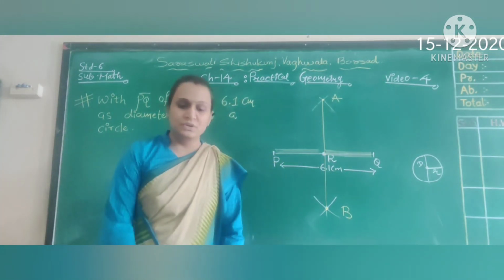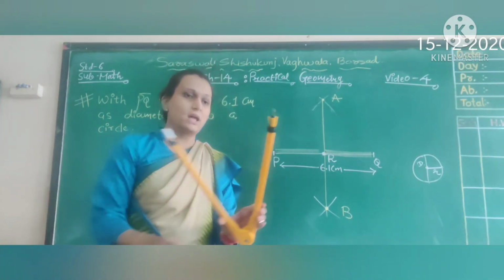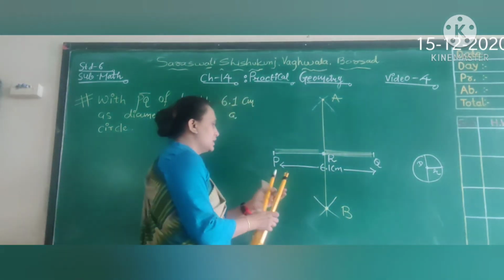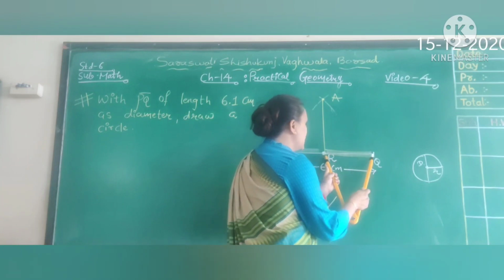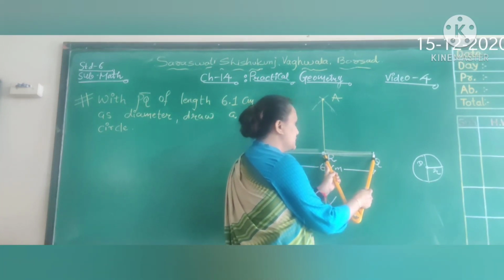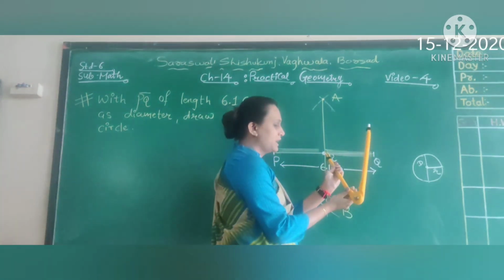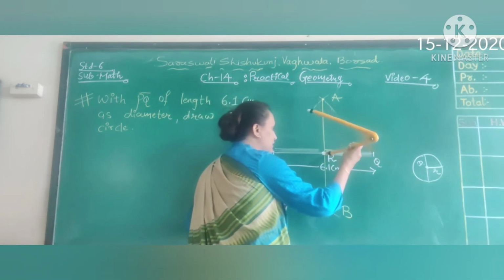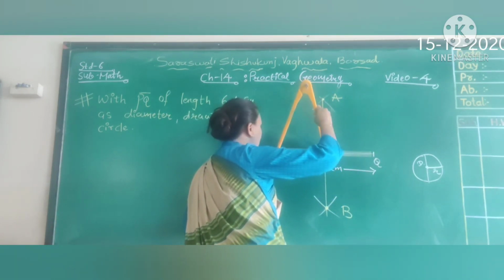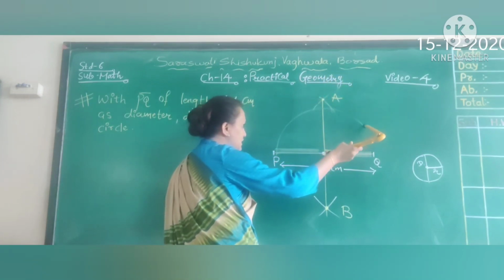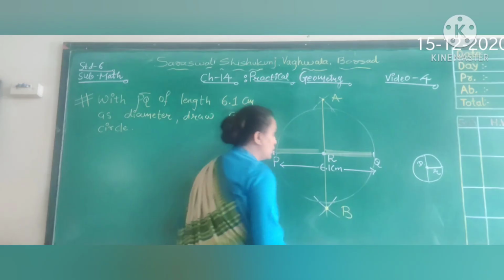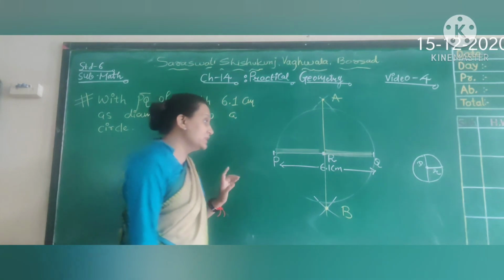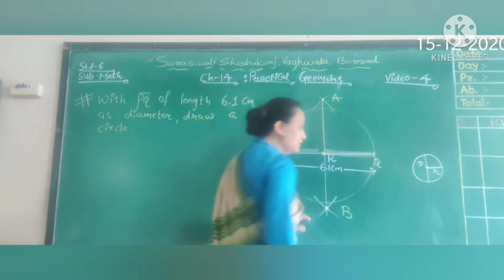Both measurements are equal. So for a circle first we need a radius, okay. So you can take any measurement, PR or QR. Clear? So here we are going to take the measurement of Q and R. So this much is your radius. Clear? So we have taken the measurement of Q and R. Now with the center R, we are using center R to construct a circle. So like this, okay, so you can see one figure here. We have constructed the whole circle with convenient radius R and Q.